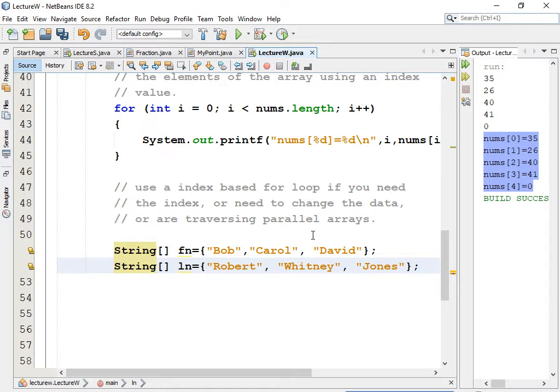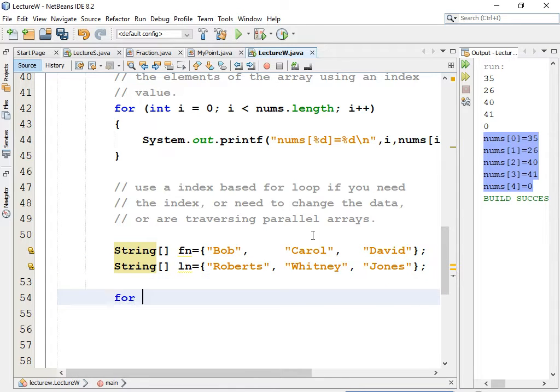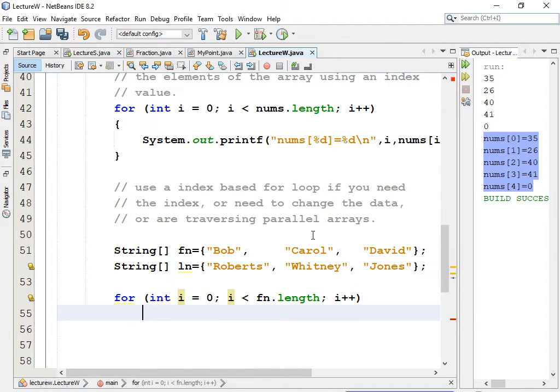Now let's make a loop that will print out first name and last name of each person. I could add some spaces here to the columns just to make it real pretty, right? Bob Roberts, Carol Whitney, and David Jones. For, parentheses, int I equals 0, semicolon, I is less than the length of one of the arrays. Since they're both of the same length, it doesn't matter which one we use. So fn dot length, semicolon, I plus plus, close parentheses, curly brace,